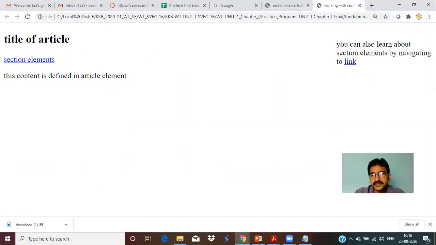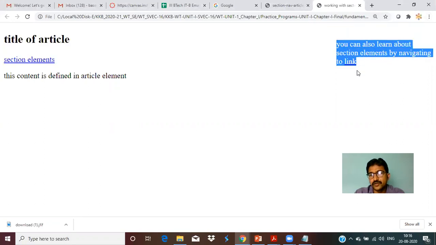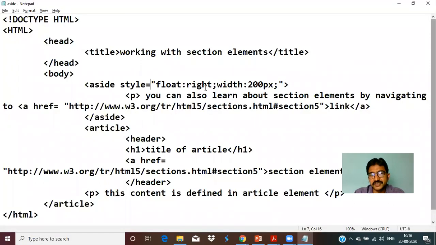Now aside of this one, you can also learn. See, it is displayed aside of this. Aside means side. We are not moving this content in any direction; we are not changing any direction. Just what we have done: for aside, we are giving some style. The style is float right. Float indicates, we'll discuss more about the inline styles. No need to bother about that. Just focus on whatever elements we have just now discussed in the PPT. For aside, we are going to make that content go to the right with a width of 200 pixels.